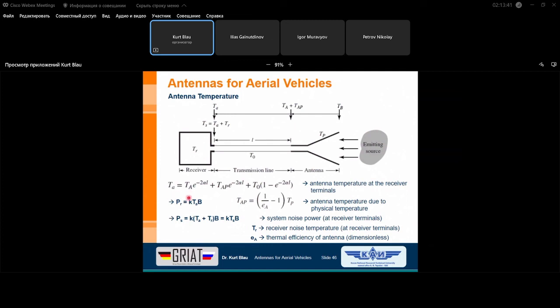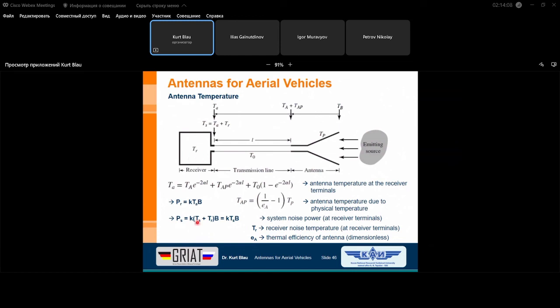And the overall noise power of the system, you can see here, is the sum of the equivalent noise temperature of the antenna and the equivalent noise temperature of our receiver. It's shown here. You could also express this with the noise figure of the receiver, but